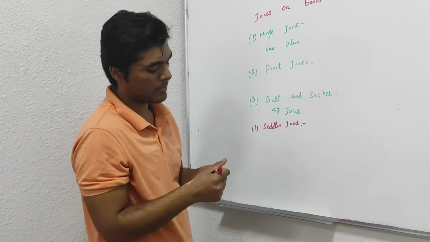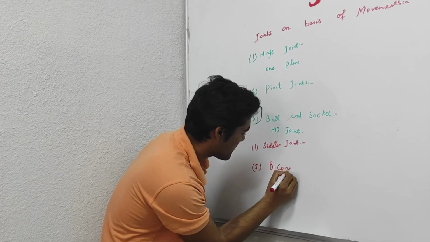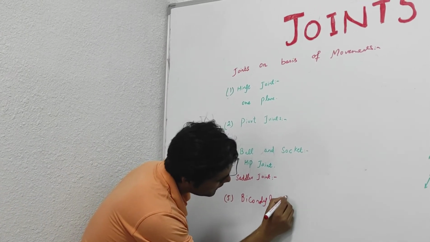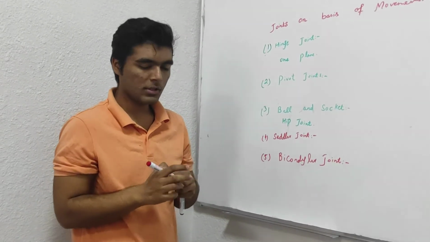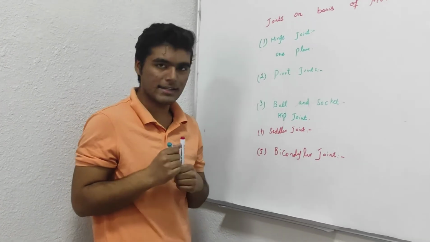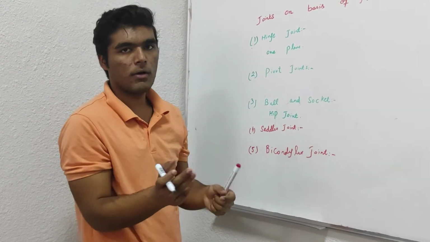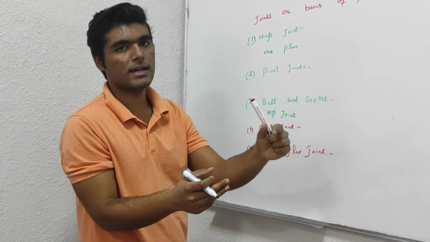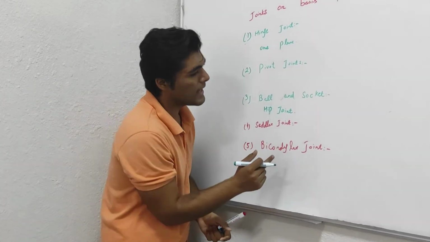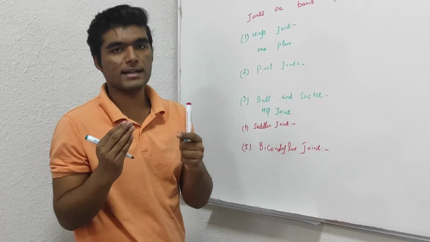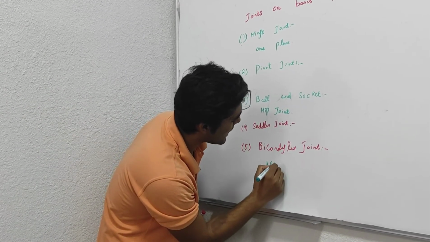And our fifth type of joint is the bicondylar joint. As its name shows, bi plus condyle means two condyles. Now let's talk about what a condyle actually is. A condyle is basically a protuberance from a bone, or any type of protuberance appearing in a bone. And the joint between those two protuberances is a bicondylar joint. Like we have the atlas and axis bone, and the atlantoaxial joint is a bicondylar joint.